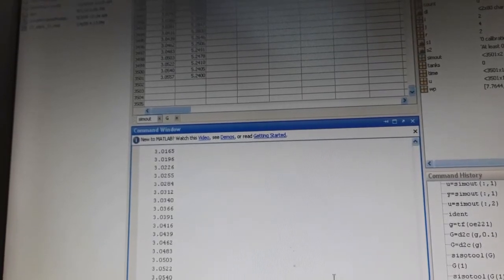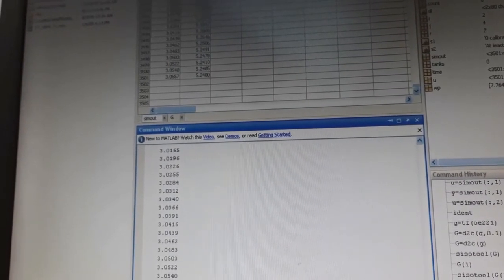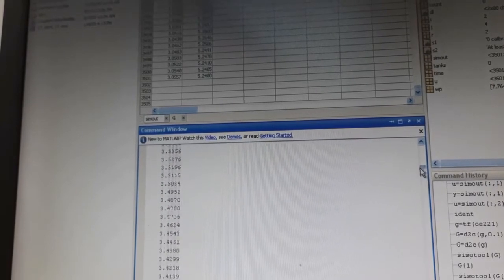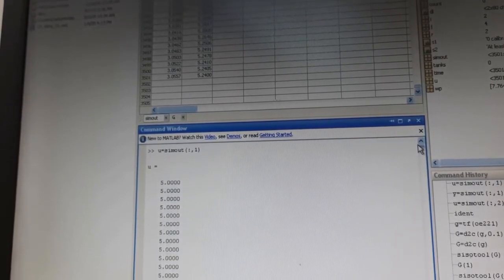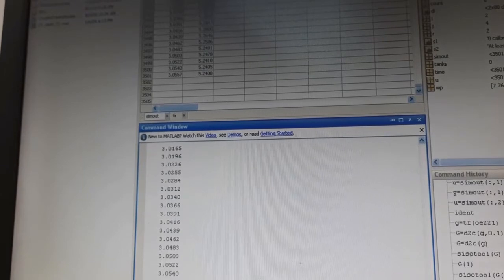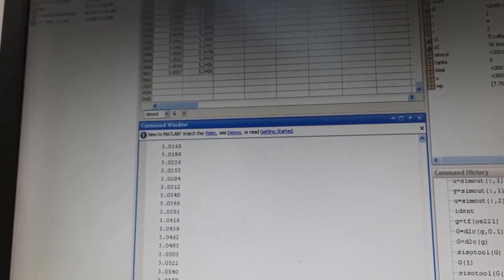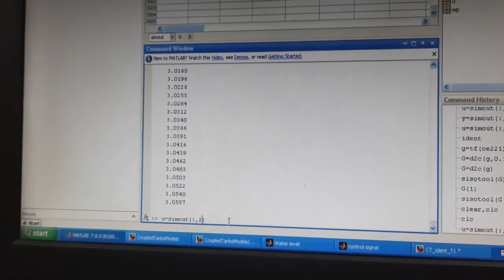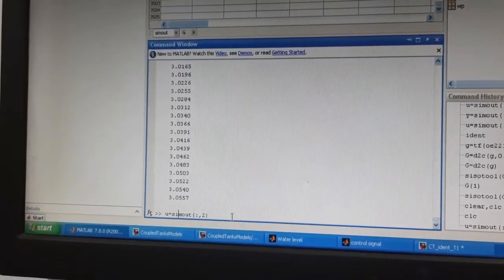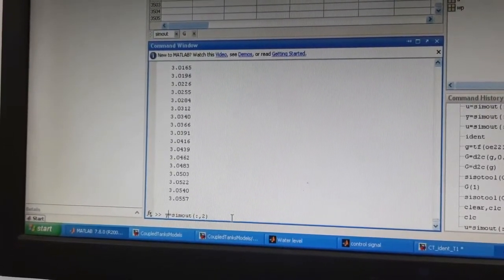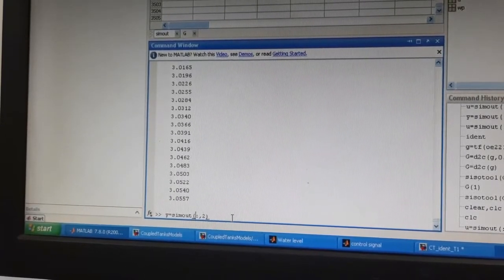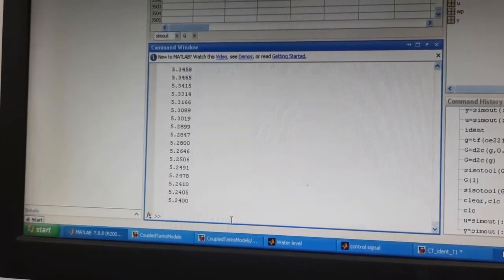If you type this one, you can see this is our control inputs. So the U variable stored all the control inputs for this 350 seconds of operation. Now to create the Y variable, you can easily do this. Just make it 2 and name it as Y. So this is our U and Y created. We can see already in our workspace the U and Y are available right now.